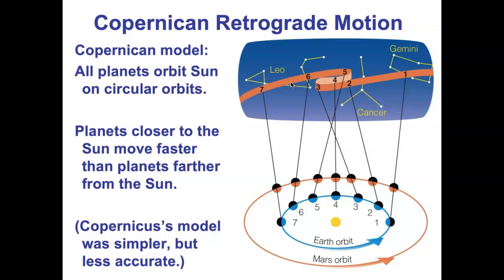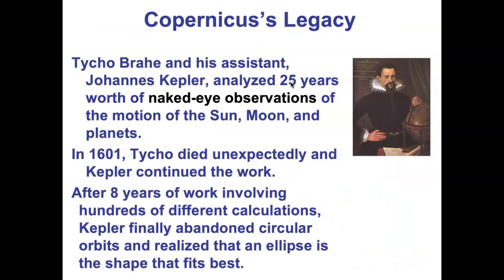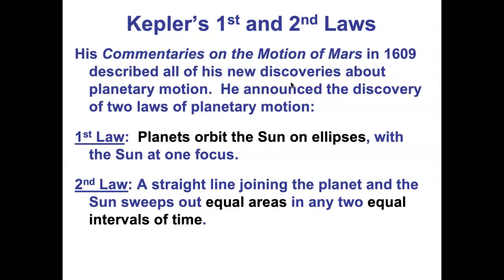And Kepler couldn't make it work. So eventually Kepler said, well, what if the orbits of the planets aren't circles? What if they're ellipses? And then everything started working out. As soon as Kepler allowed for the orbits of the planets to not be perfect circles, then the measurements started clicking into place. Everything started making sense. And so Kepler was able to figure out how the planets go around the sun,